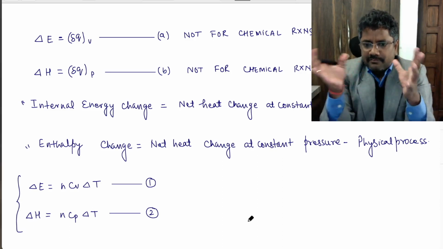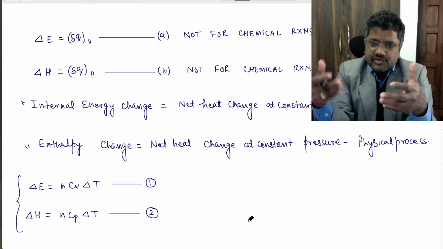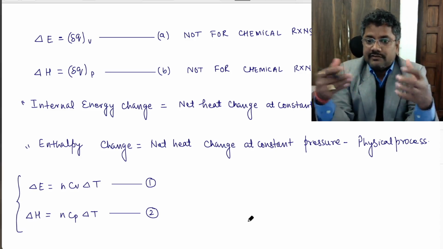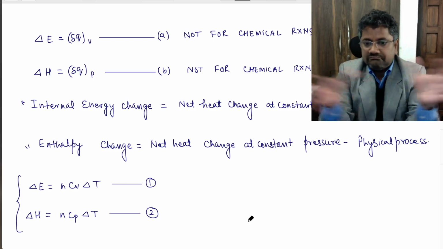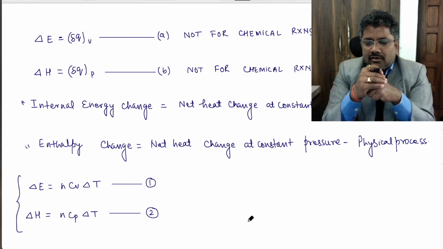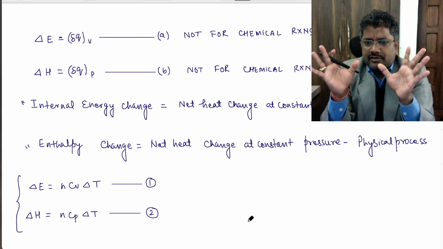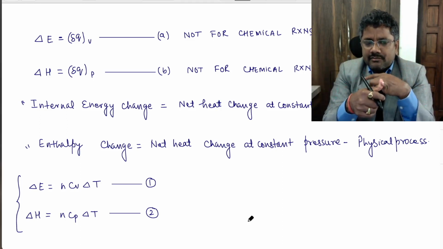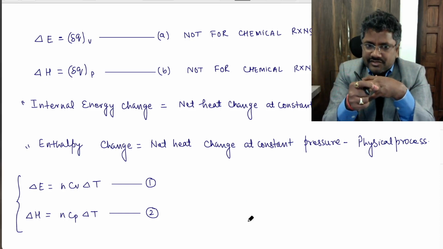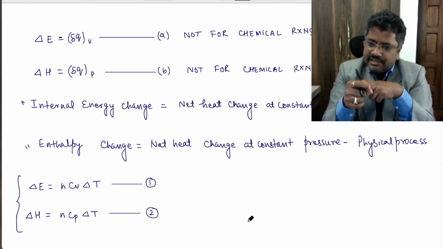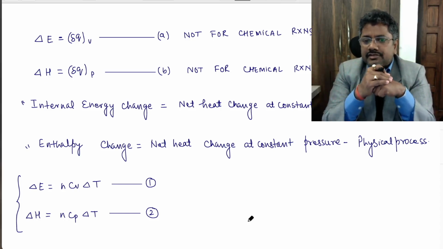All those formulas may have some restriction on whether we can use them in a given situation or not, but this formula, whatsoever the type of process, whatsoever the condition given, if you have the quantity, meaning the number of moles, the value of Cv, and the temperature change, you can calculate very easily this internal energy change,